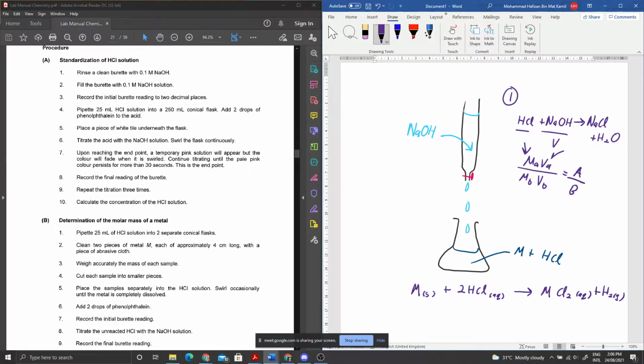You know the volume because we use 250 ml, and then you know the molarity of NaOH, it has been given as 0.1 mole of NaOH, so 0.1, and then the volume we get from the titration,